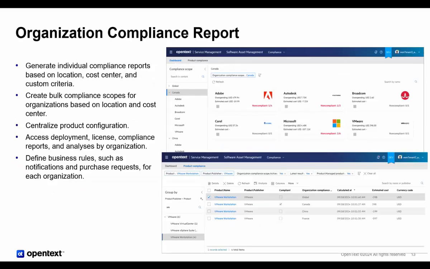And in the next two pages, I will mainly cover the improvements we have done in software asset management, in the asset management part. The first one is a quite important capability we introduced in our SAM, which is the organization compliance report. So if you are familiar with the SAM module in SMAX, we know that previously, before 24.4, we allowed customers to define the compliance report by different